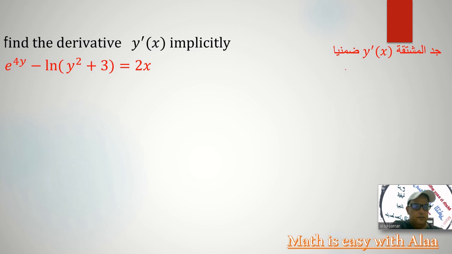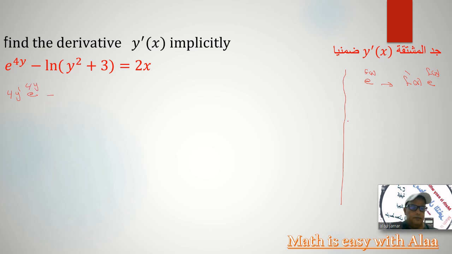First of all, the derivative of e to the power f(x) will be the derivative of the exponent times e to the power f(x). So we will first take the derivative of the exponent, for y it will be 4y prime e to the power 4y